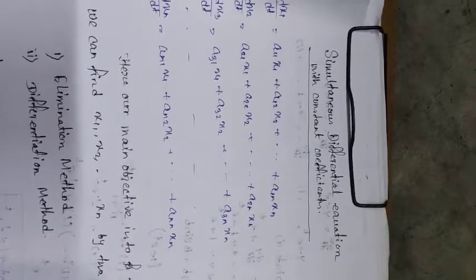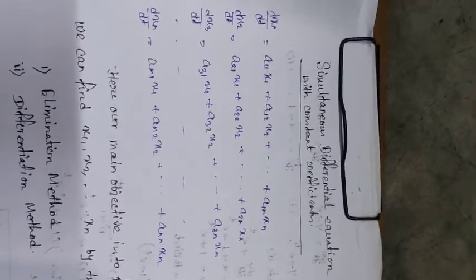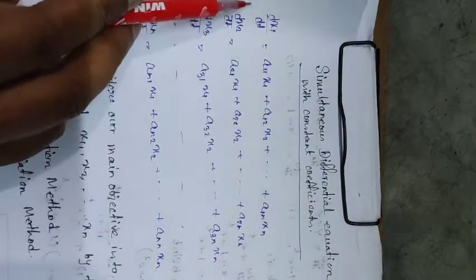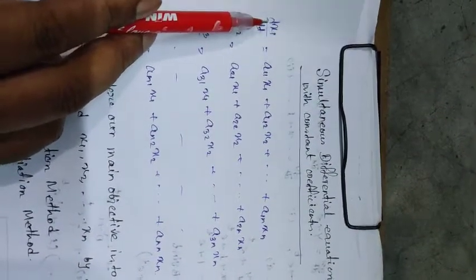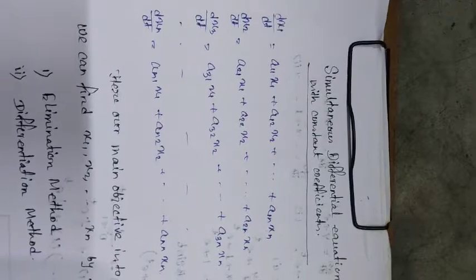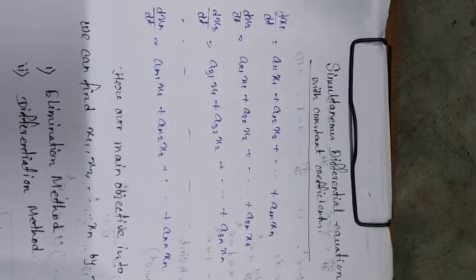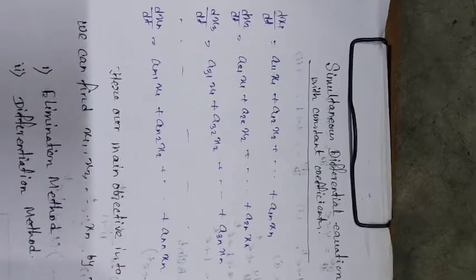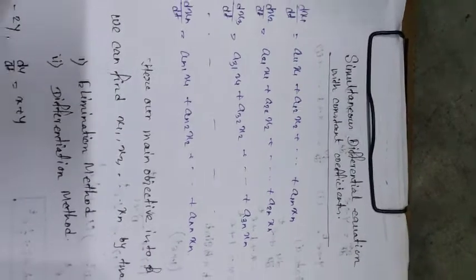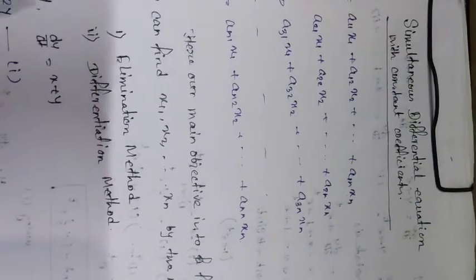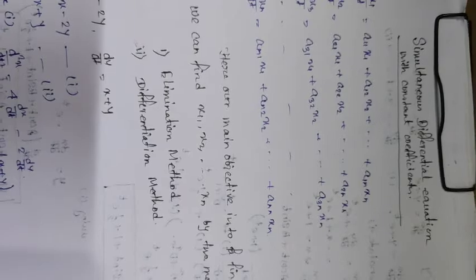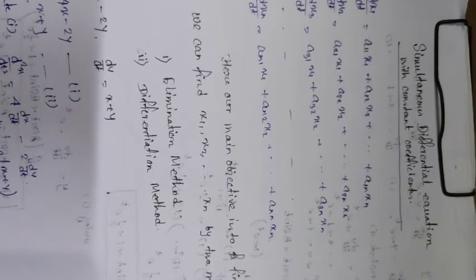only one. Our main objective is to find x1, x2, x3 up to xn, and here we will try to find the values of x1, x2 and xn by using the elimination method and differentiation method. Here I will solve two problems on the differentiation method. So now let us see how we can solve the simultaneous differential equations with constant coefficients